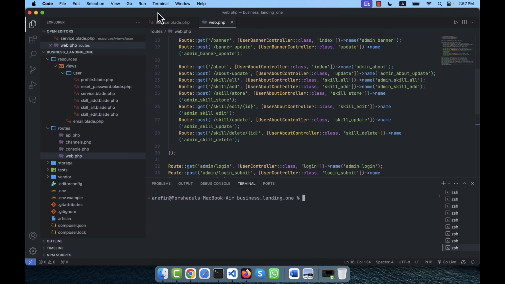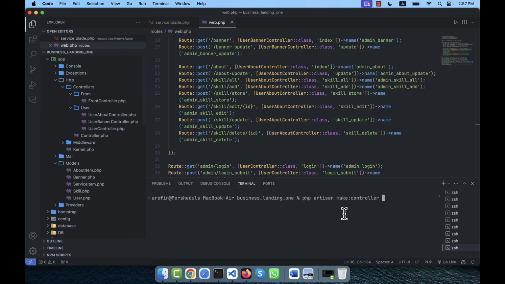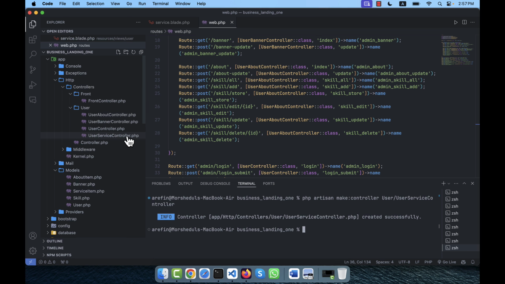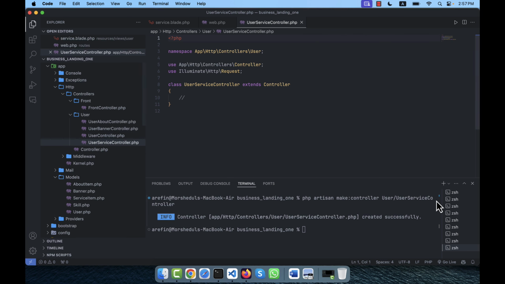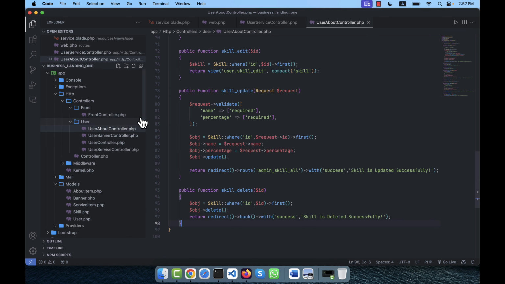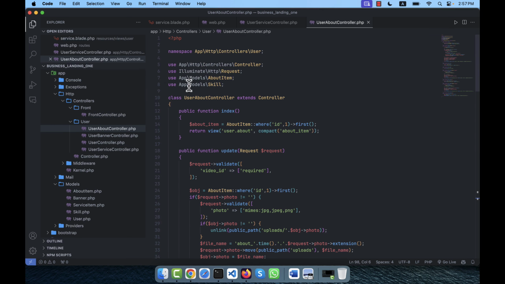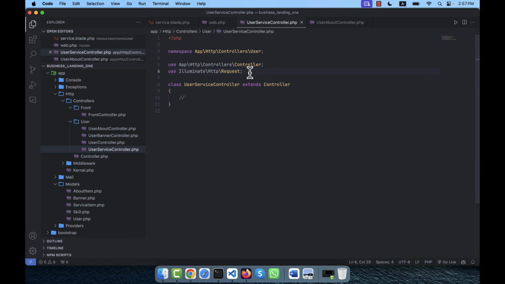So from the terminal I am going to create PHP artisan make controller. Then where I will have to create the controller, I am going here in the user folder. So user folder, my controller name will be user service controller. So a new controller is created, user service controller.php. So here I am going to copy data from the user about controller. From here I am going to copy this one, and in the newly created controller to the top I am going to add my model,